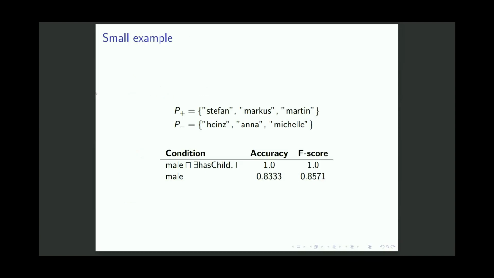And why would we need this in a real scenario, not in this small example? One of the data sets used to test this type of algorithm is called carcinogenesis. Basically, if you have the structure of a certain compound, you can tell if it can create cancer or not. And you can do this by just searching for simple class expressions like this. Maybe a bit more complicated, but the idea is the same.